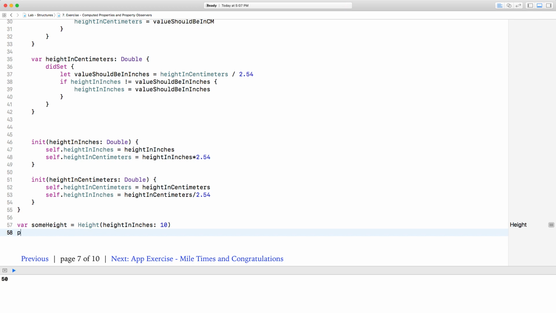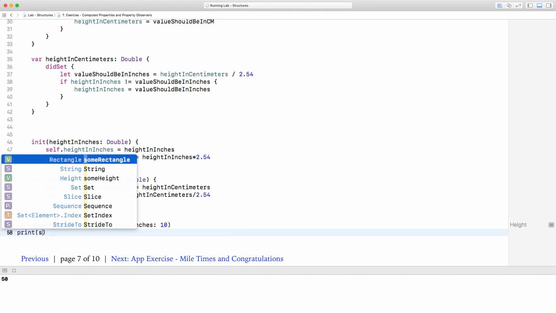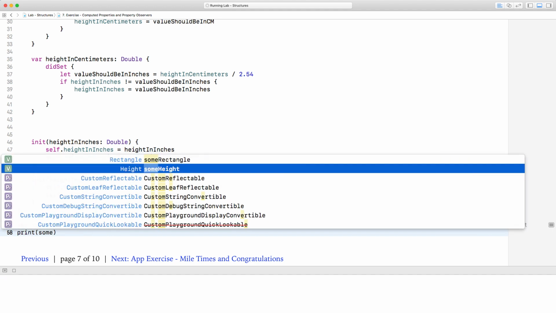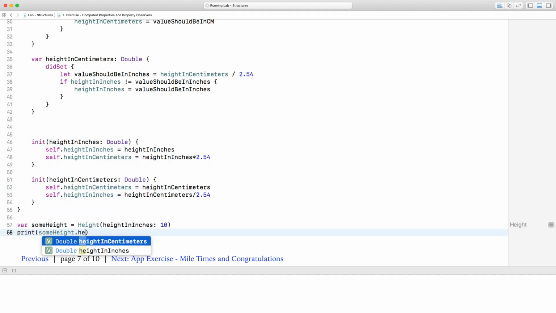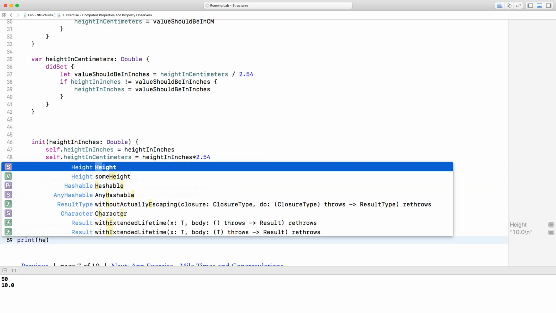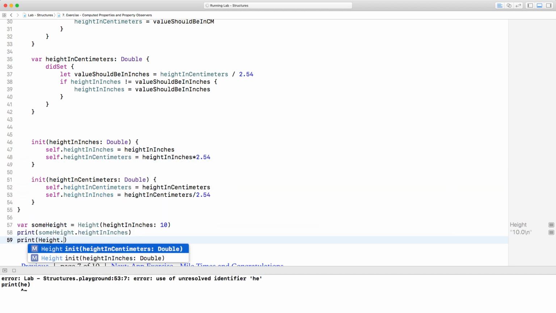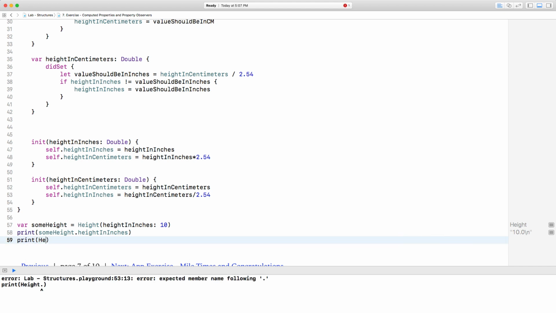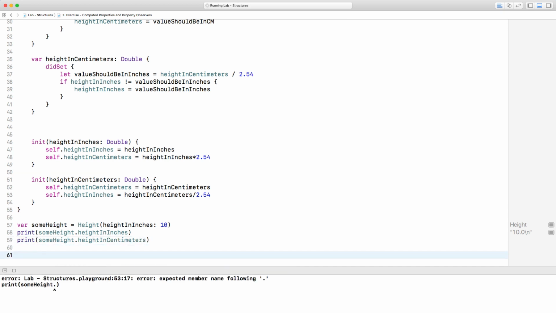So if we go ahead and print sumHeight.heightInInches, it should obviously say 10. If we print sumHeight.heightInCentimeters, it should say the equivalent of 10, whatever that is. Give it a second,